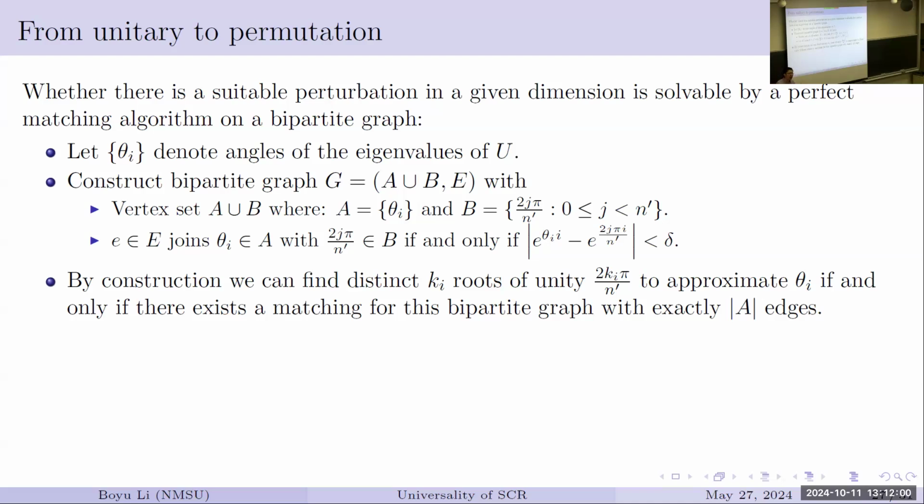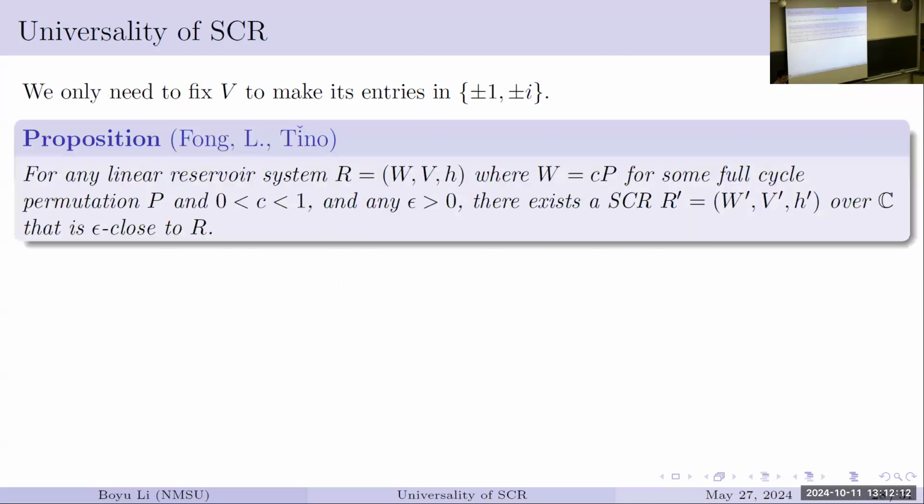Once you match the eigenvalues, remember we can take the similar matrix, we can conjugate anything. As long as the eigenvalues match, we can conjugate by a unitary to get it back to the permutation. So this is the last step. So we have a full cycle. We still need to deal with this kind of annoying part where we want this V entries to be +1, -1, or +i, -i. I'm not going to talk about how we did it. You just have to trust me on that. It's just some approximation idea.